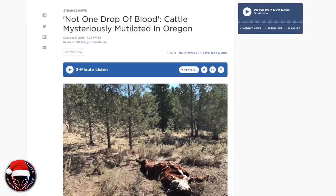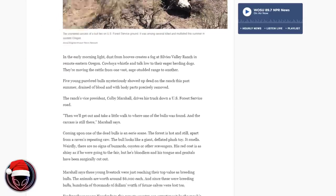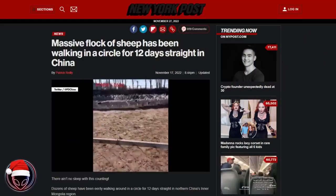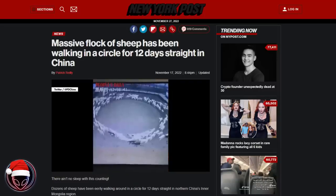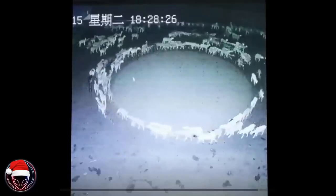But I thought it was strange that out of almost 35 pens, it was just this one, oddly enough, named number 13. And make of that what you will, but it was the only pen where they were walking like this. And the fact that they were walking in this circle for 12 days straight, and that's up to when this was posted, that just, to think of them doing this for 12 straight days, if it was just an hour, that would be one thing, but this is definitely eerie, it's unsettling, and I think many of us understand